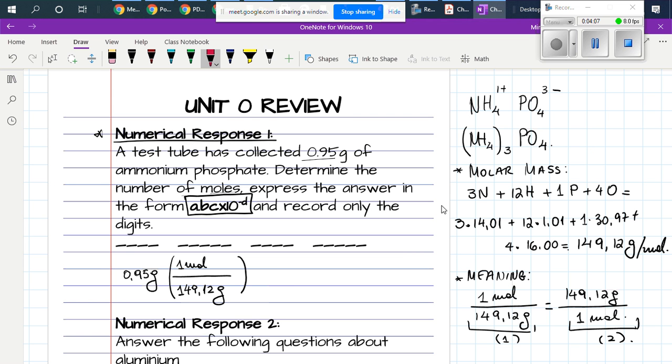So grams and grams cancel out. And then what we have is 0.95 divided by 149.12, and the calculator is giving us